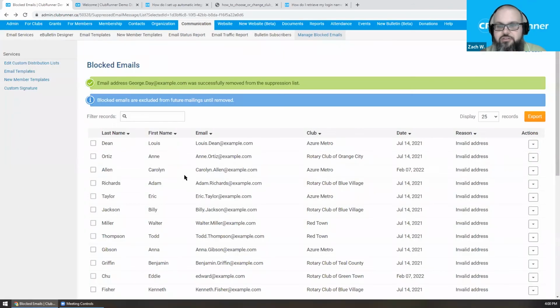So if you go and fix George here, like I just did, you technically don't need to remove him from the block list, but it will never go away from the block list either. So strong recommendation to block those. If you're going through a really big batch of email blocks and working through them with users, I strongly recommend